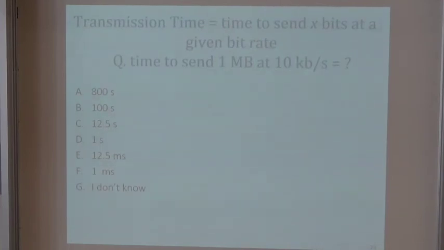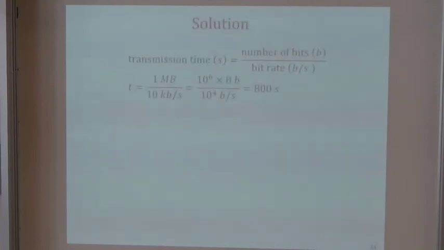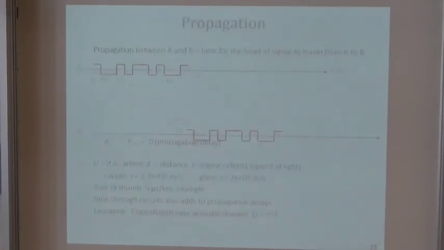And the majority gives 800 seconds, which is correct, which is a lot of time for what we're used to. So the concept illustrated here is that the transmission time is inversely proportional to the bit rate and proportional to the number of bits you have to transmit. Of course, transmission time is not everything. There are lots of other things that in practice will make the time to transfer that amount of data much longer than the 800 seconds we have found.